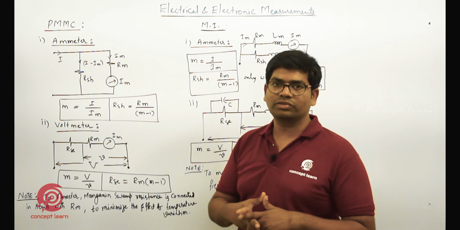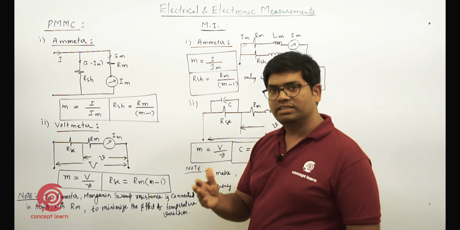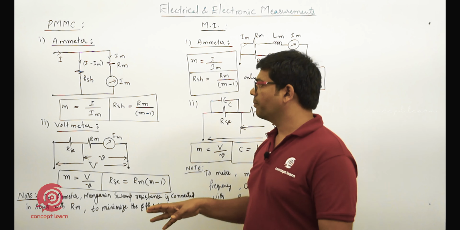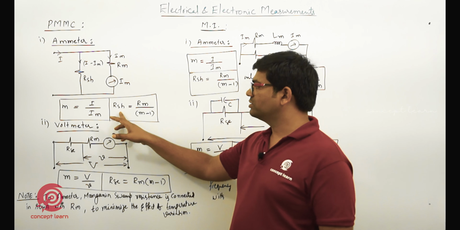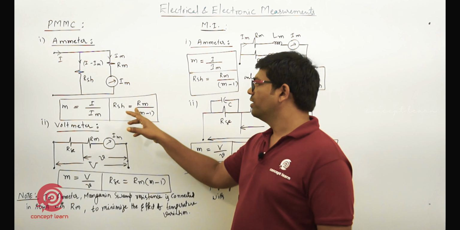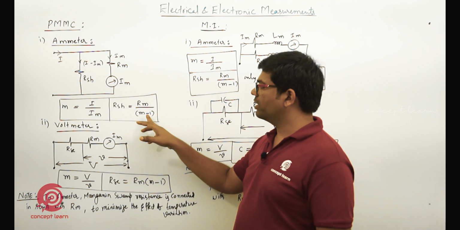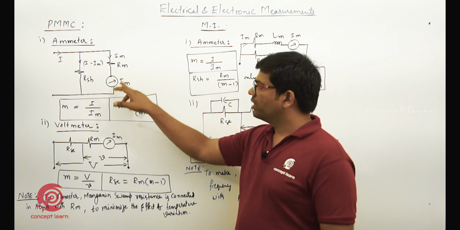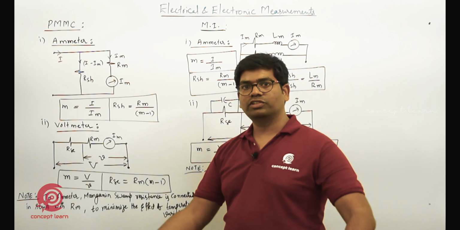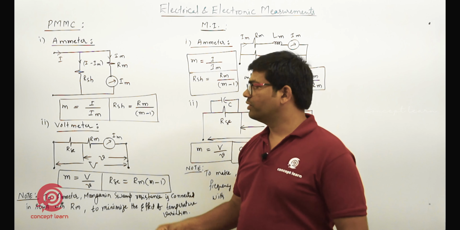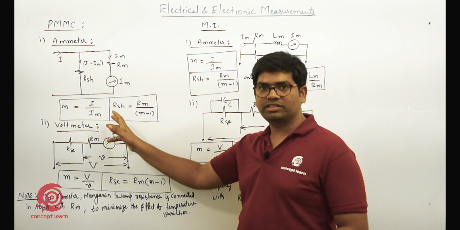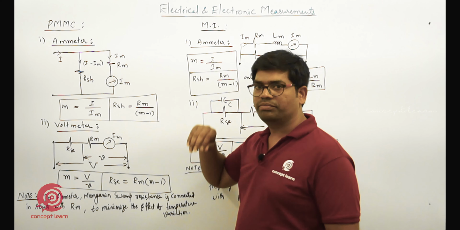On this basis only, we generally design the scale, whether it is an ammeter, voltmeter or even wattmeter. Now what will be the shunt resistance ratio? The result is Rm by M minus 1. M I can even replace by I by Im. This is the relation to extend the range of an ammeter and find the value of shunt resistance. It is useful, as we have had some questions on this in previous papers.